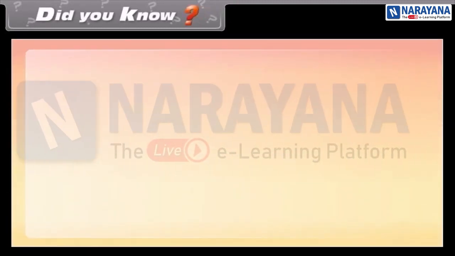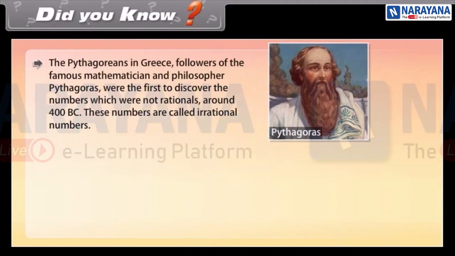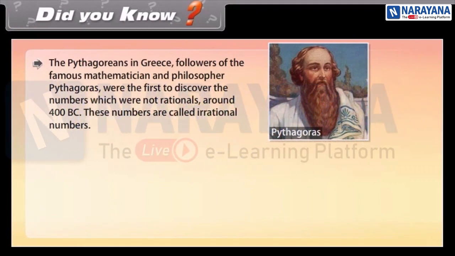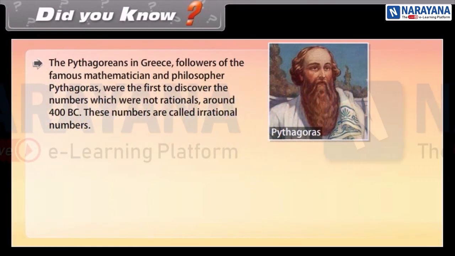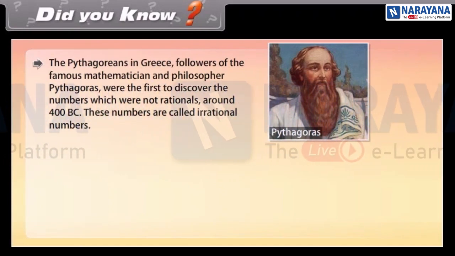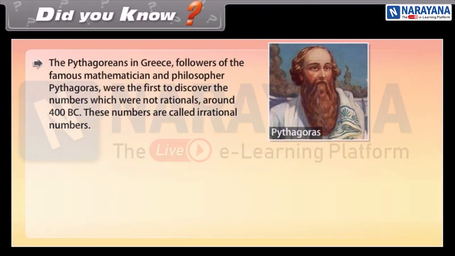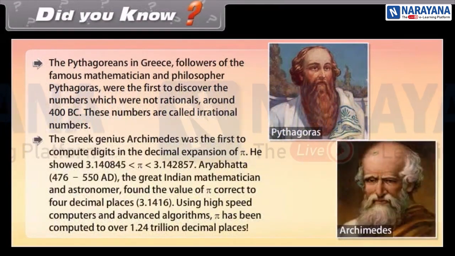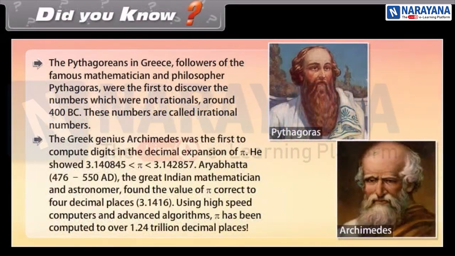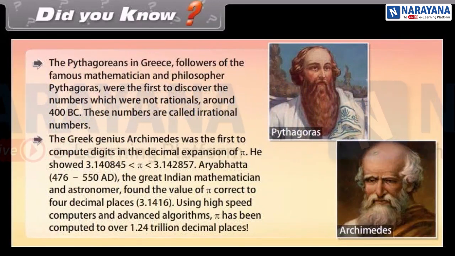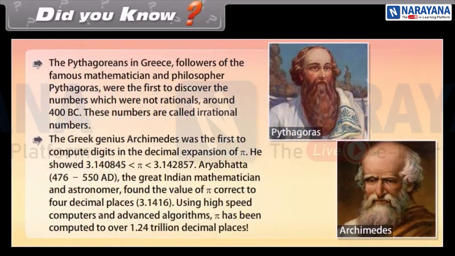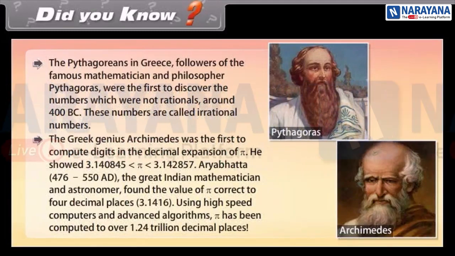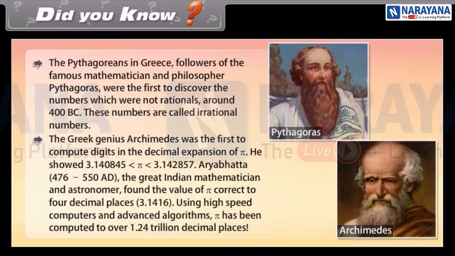Did you know? The Pythagoreans in Greece, followers of the famous mathematician and philosopher Pythagoras, were the first to discover the numbers which were not rationals around 400 BC. These numbers are called irrational numbers. The Greek genius Archimedes was the first to compute digits in the decimal expansion of pi. He showed 3.140845 is smaller than pi is smaller than